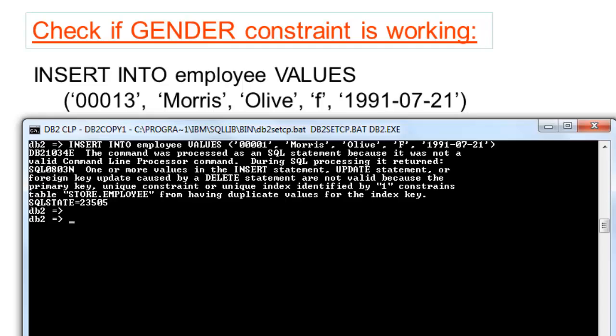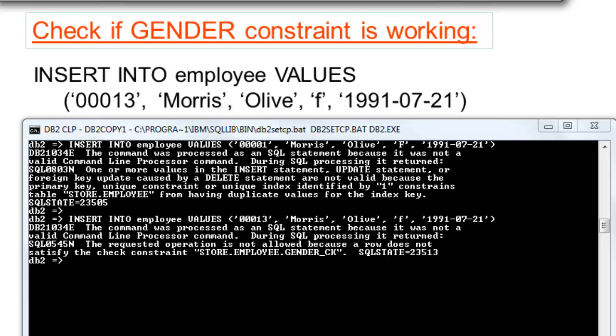So I have just pressed the up arrow key to go on the history of the statement. This time we'll check if the gender constraint is working. Let's edit our previous statement and make this one 13 and the big letter F convert it to a small letter f.